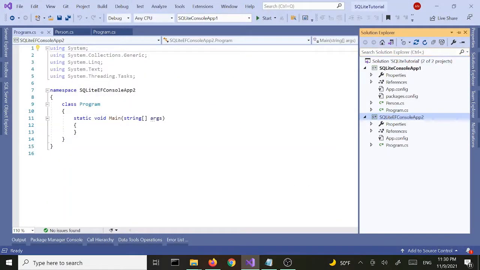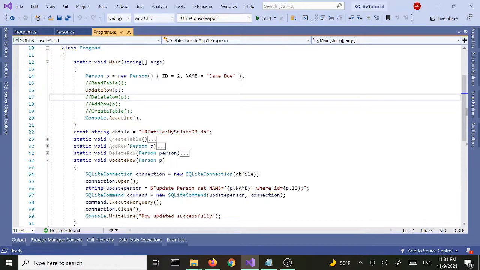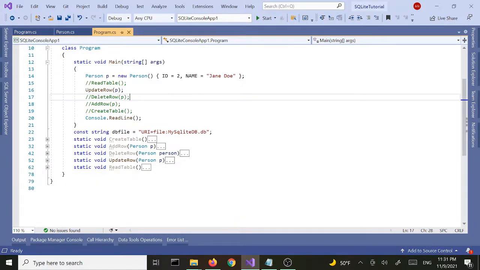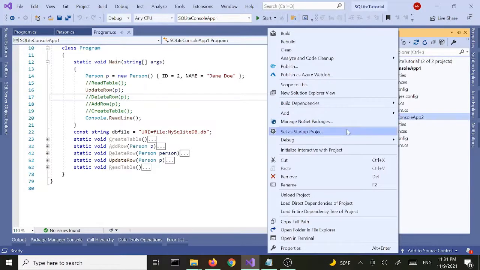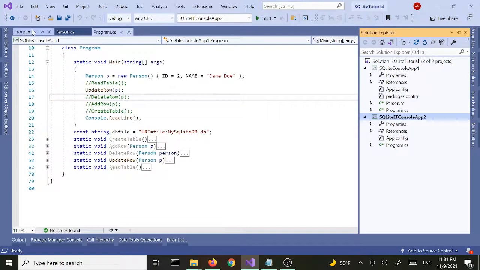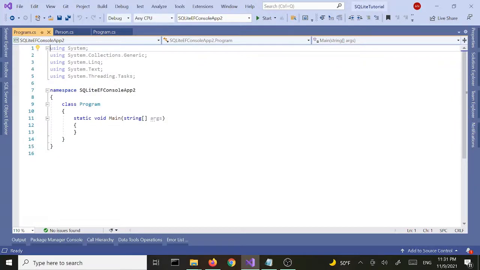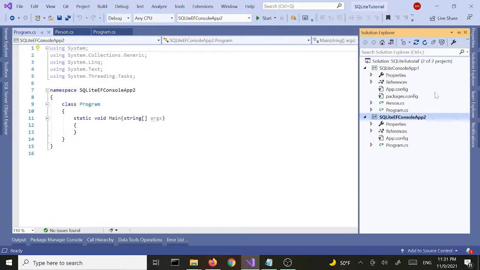This was our first project, and it's right here, and this is our second project. So let's make this our startup project. So we got nothing here, and the first thing I'm going to do is